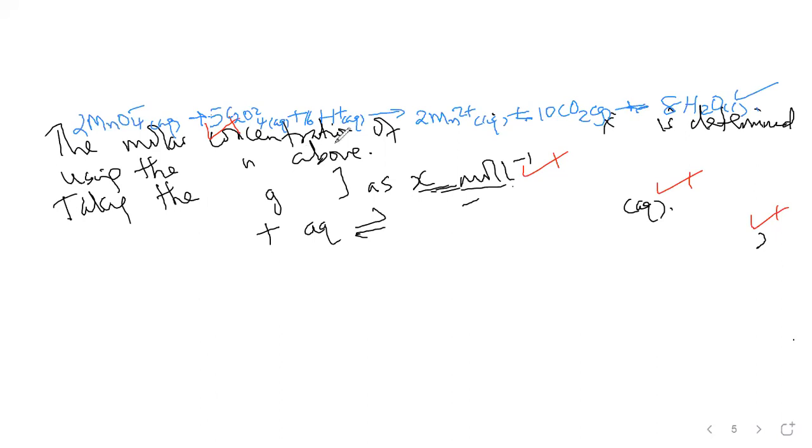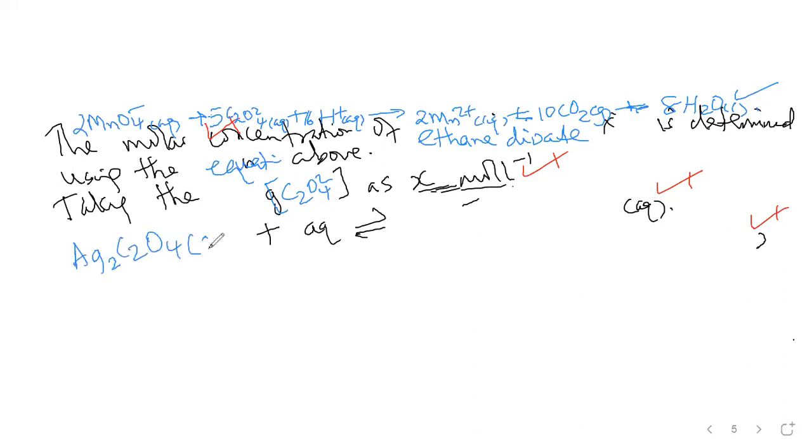So you use this equation and the stoichiometry of that equation to get the molar concentration of ethane dioate ions or oxalate ions using the equation above. Okay. So taking the molar concentration of ethane dioate ions as X moles per liter, what shall we do? We shall have silver ethane dioate giving us 2 silver ions plus oxalate ions. So using molar ratio, you go through all those, we shall have that our concentration of